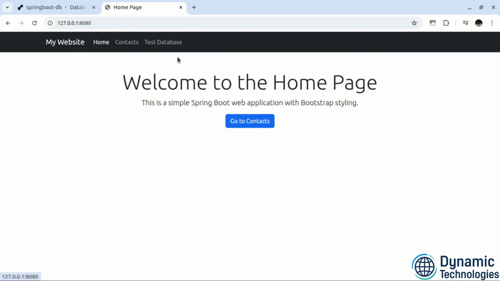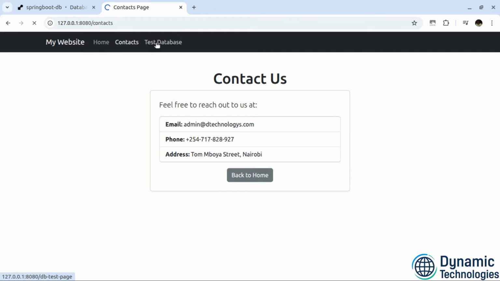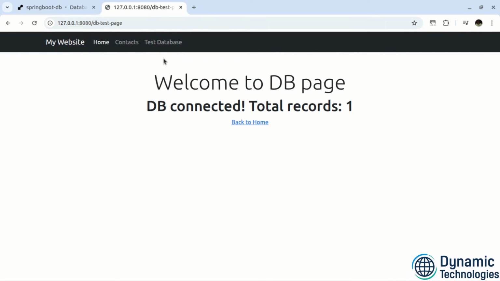Okay, we see a third link here. Okay, so let's go to contacts. Okay, then test database. All right, so we see welcome to database connected, total records we have 1. Okay, so if we do this again, okay, we see we now have 2 records, and if we continue doing this, we are increasing the number of records that are being saved